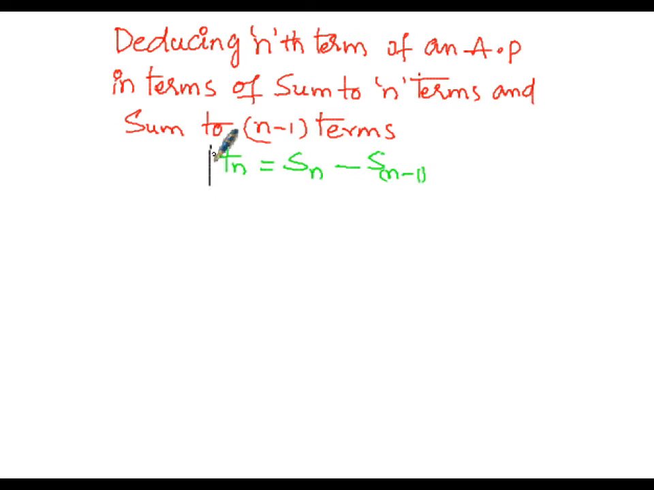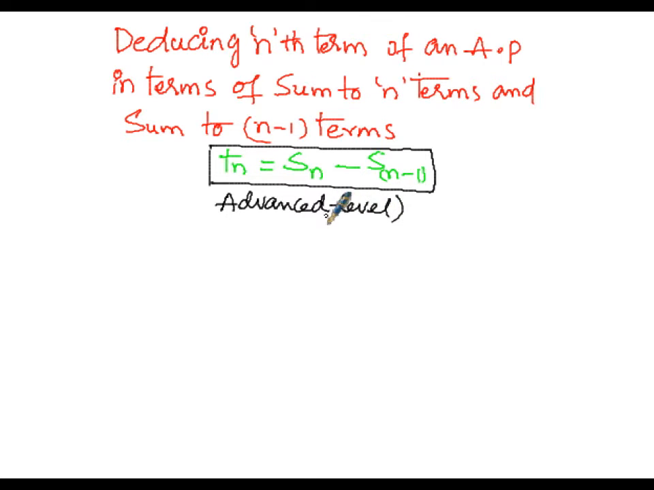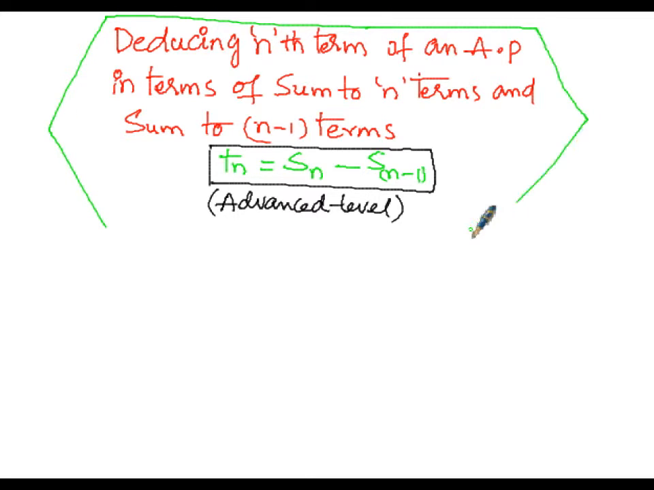So here we have to deduce the nth term as S of n minus S of n minus 1 at an advanced level. Now we are going to deduce the nth term of an AP as the sum of all the n terms minus the sum of all the n minus 1 terms by means of one illustration. So here, under illustration,